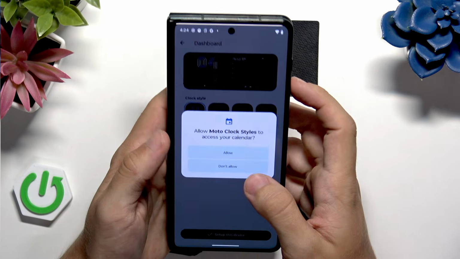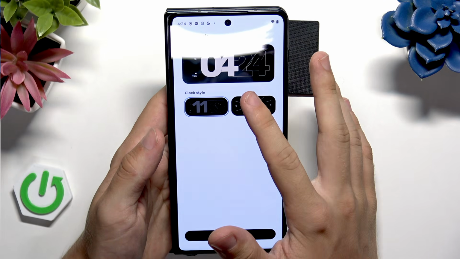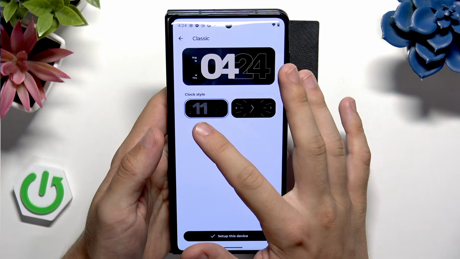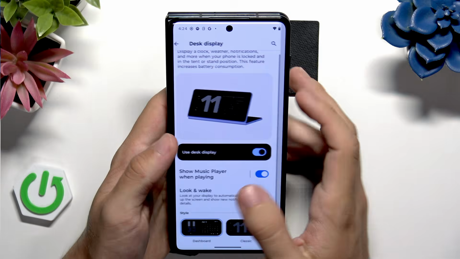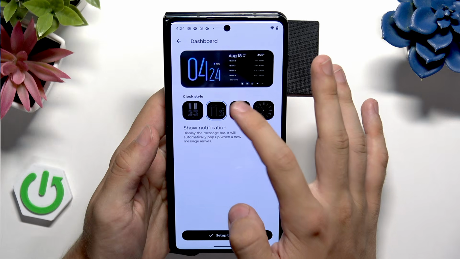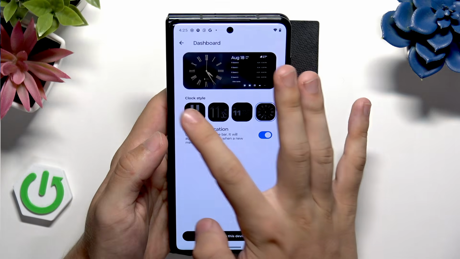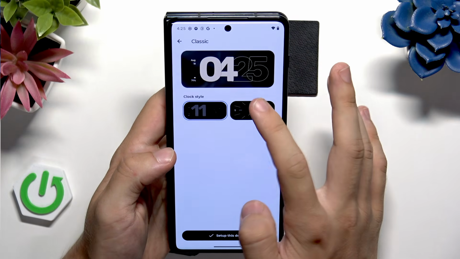You can set the dashboard. You can either set it to classic mode with just the clock, and you can set the clock to digital or analog, or you could select dashboard and then you could select the clock style, and that is basically it. So I'll just do classic,